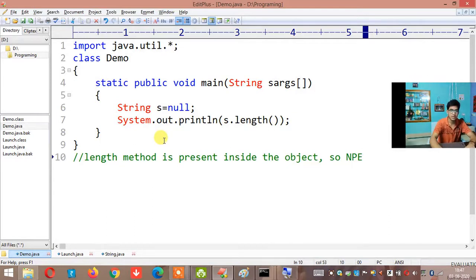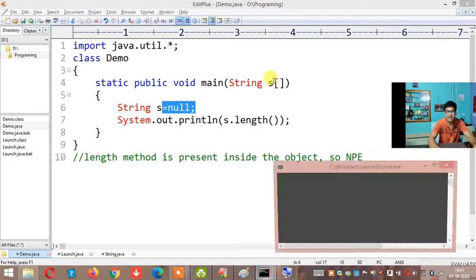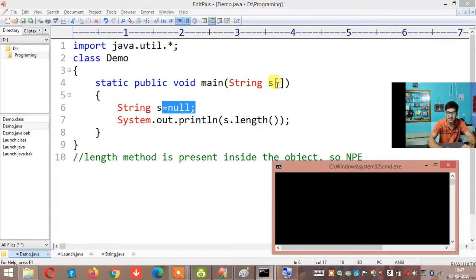Okay, so see, in programming, most of the time what you have to do is learn how to do research. You should know how to search from the net and refer to many sources. See, maybe if you notice, I have written SARGS. It doesn't matter. You can write ARGS, AR, or A. Anything is fine, but the variable here and the variable here should not be the same. I can't write string S there and string S array here. The variable name should be different.